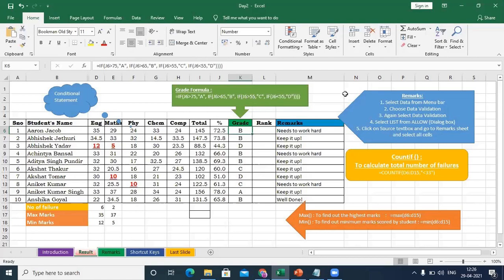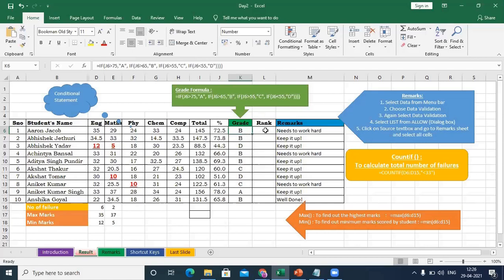If you want any grades, and you want to add A plus, B plus, you can use a number of if statements. So this is how you can get the grades according to your percentage if it is required. Normally it is required for class 1 to 8. So this is your formula which you can use in your Excel file.